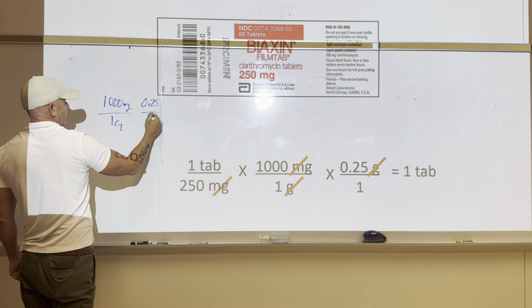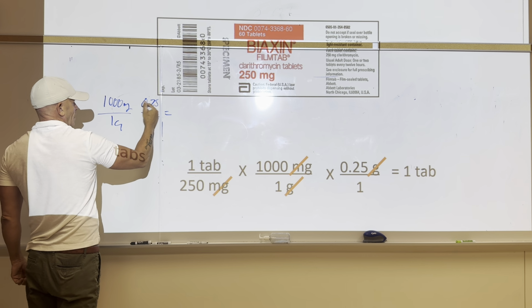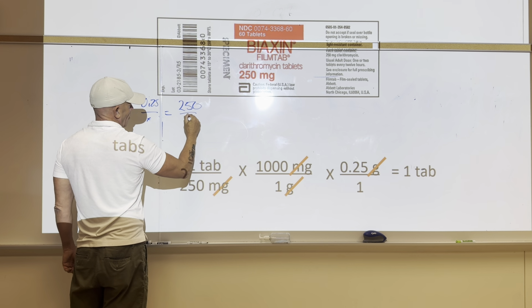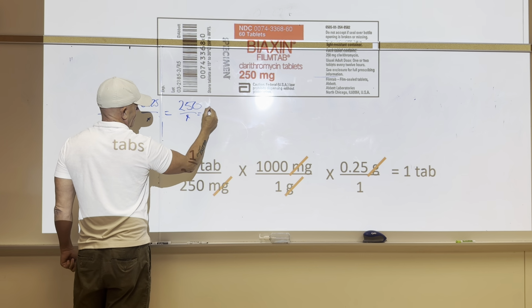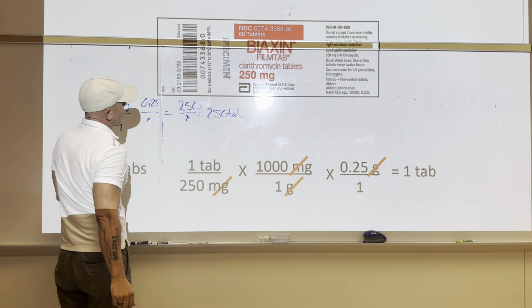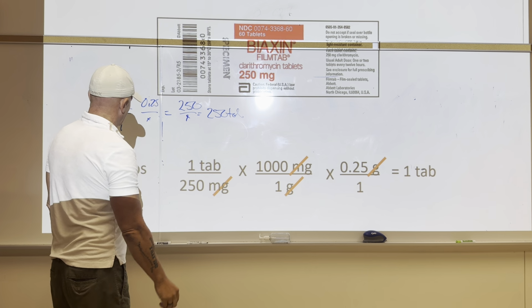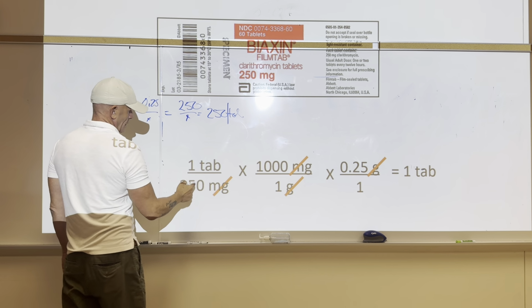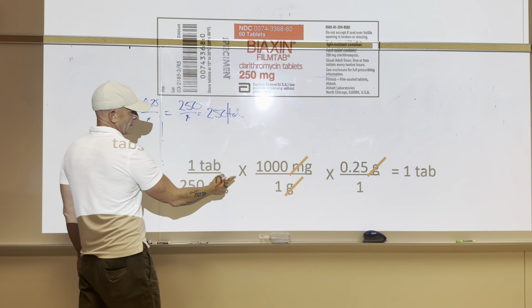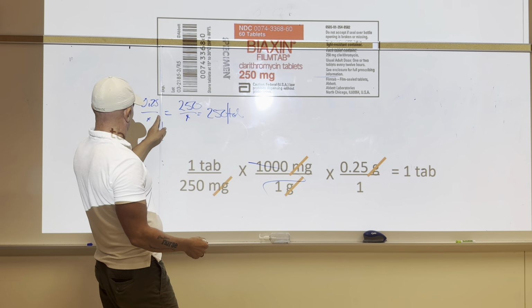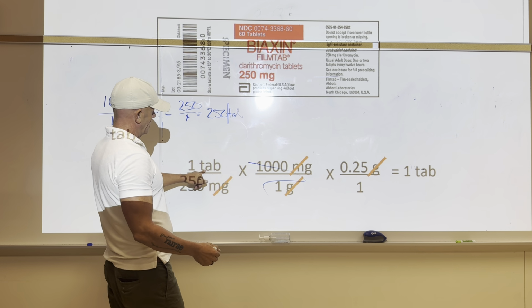0.25 divided by x equals what? 250 over 1, or x equals 250, okay? So 250 per tab, okay? That's what your equivalent dose is. Well, here you go. So one tab is 250. Okay, we just did that, okay? So I'm going over here. One tab